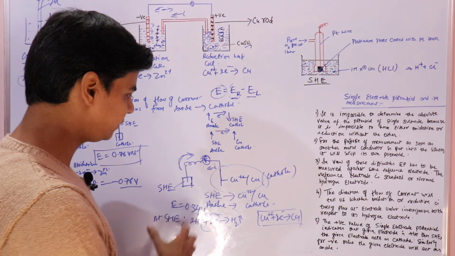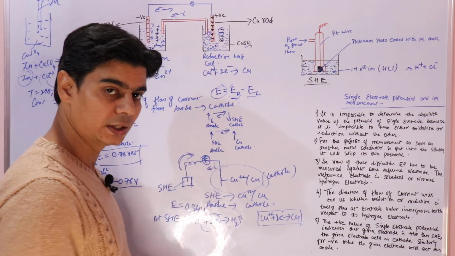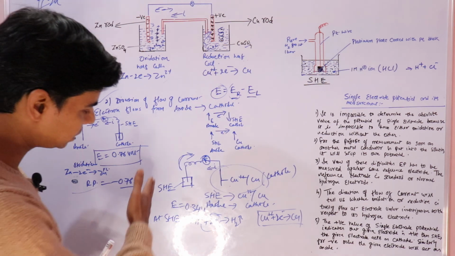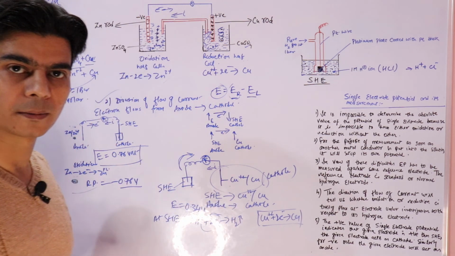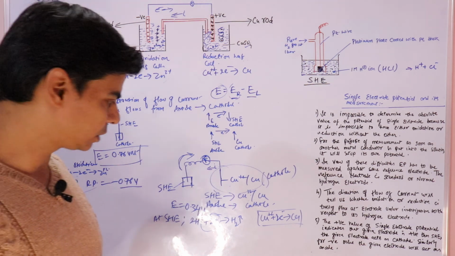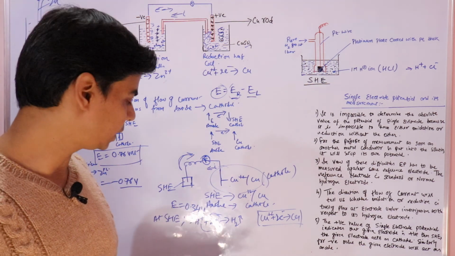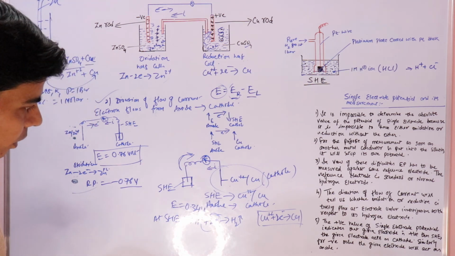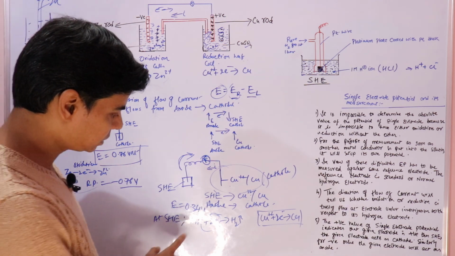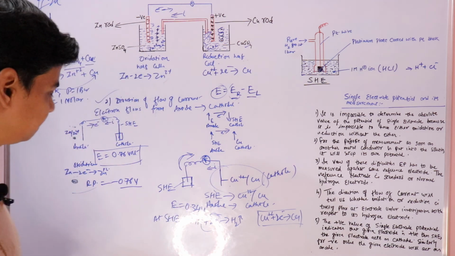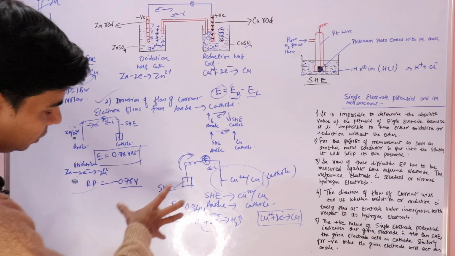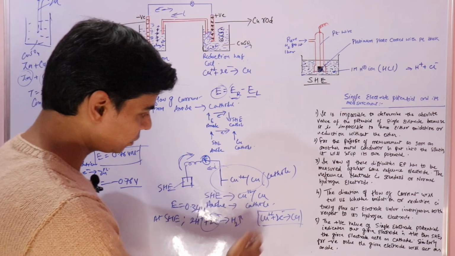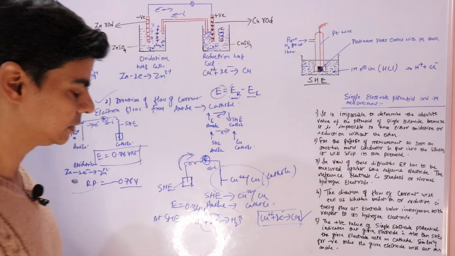Now in the other case, when we coupled the standard hydrogen electrode with copper electrode, we noticed that the flow of electrons was from standard hydrogen electrode to copper electrode. That means electrons are moving from standard hydrogen electrode, that is hydrogen is losing electrons, right? Since hydrogen is losing electrons, the electrons that are lost by the hydrogen would be gained by copper, like this, right?